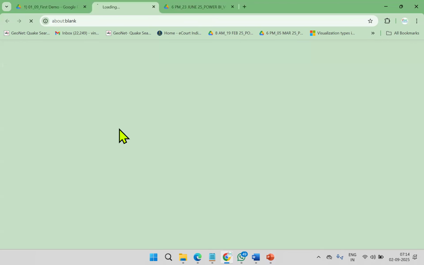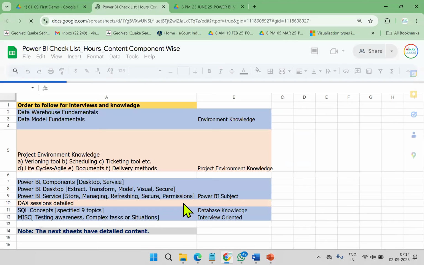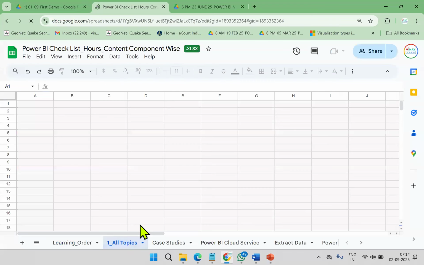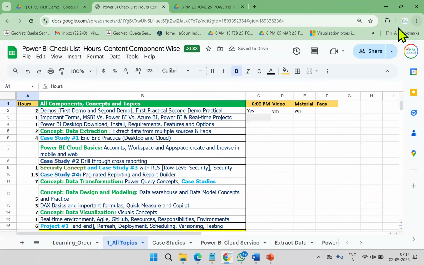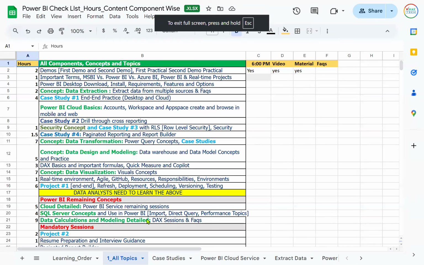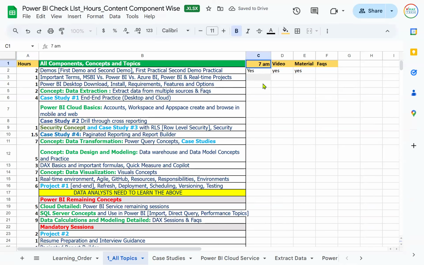This is the complete course checklist. All topics are mentioned here. This is the order we will follow from tomorrow.